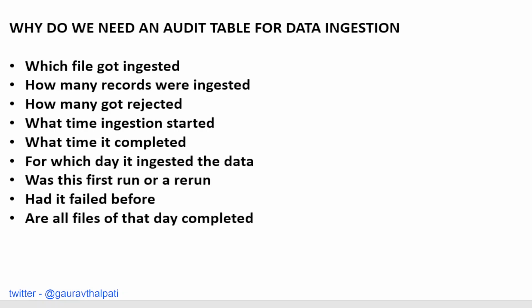Now you need to know which file got ingested, at any given point of time. So you need to have that tracking mechanism somewhere, and you need to have it in the audit table. That is one of the reasons: to know which file got ingested, and how many records were ingested. Let's say the first file had 100 records, so you need to know whether all those 100 records got ingested